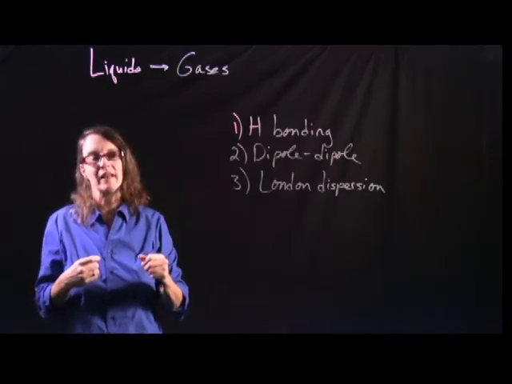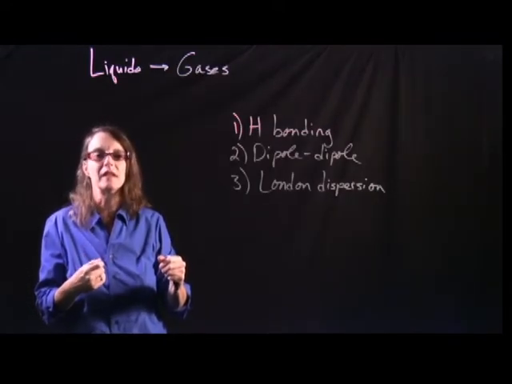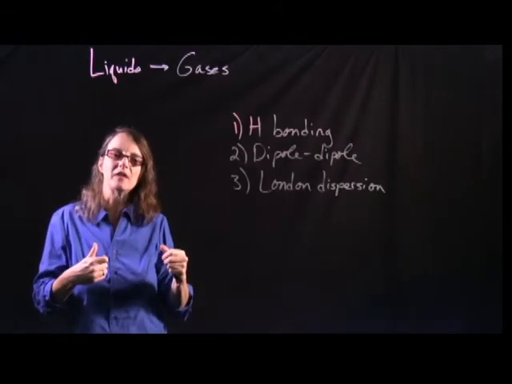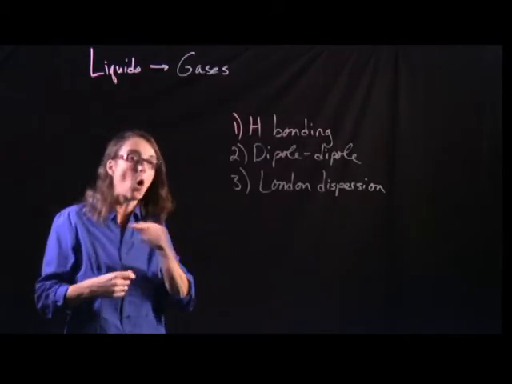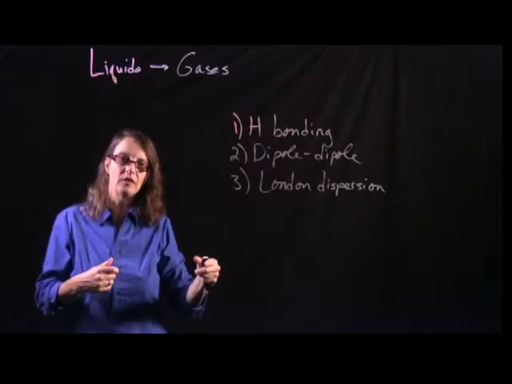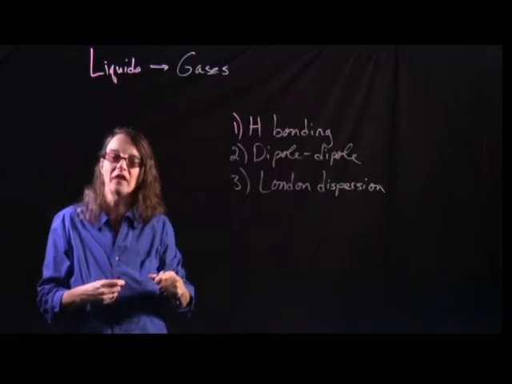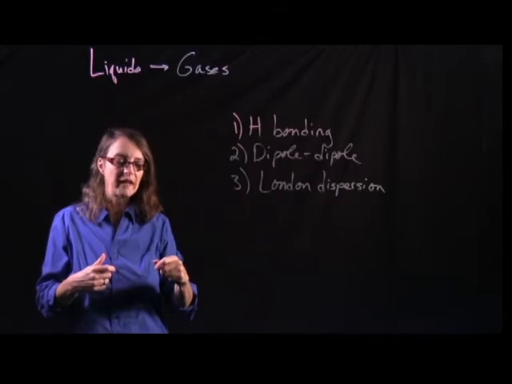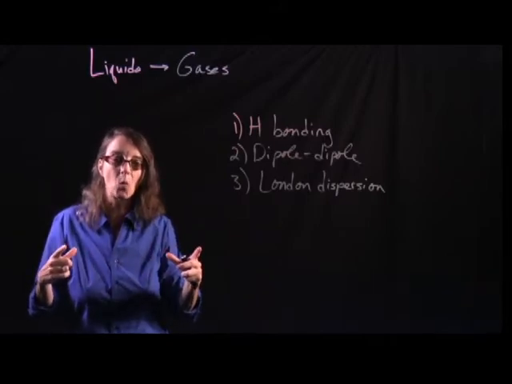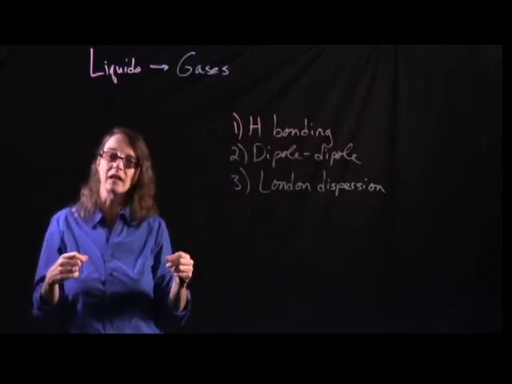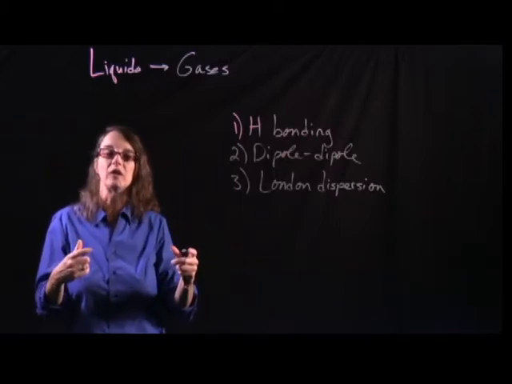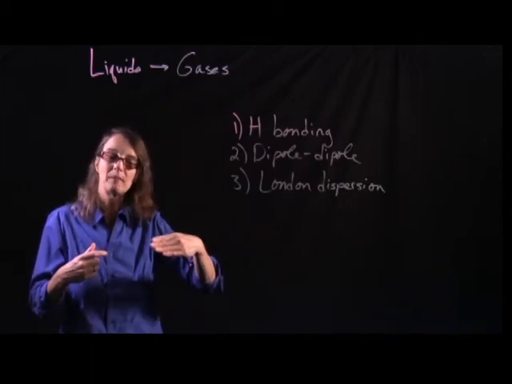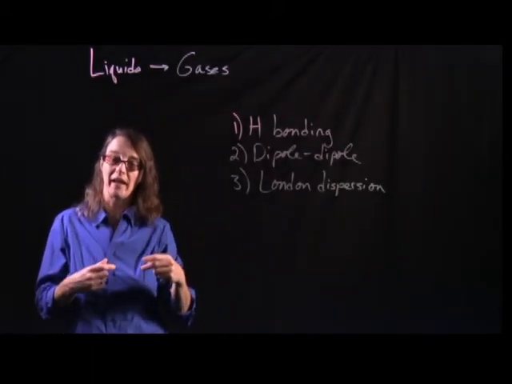In the last part of the lab, you'll be looking at colligative properties, specifically freezing point depression. Colligative properties are properties of a solution that depend only on the amount of solute dissolved in the solvent. And in the case of freezing point depression, we're looking at the freezing point of pure water, which should be 0 degrees Celsius, and the freezing point of a solution. If you add salt to water, then the freezing point of that solution should be lower than the freezing point